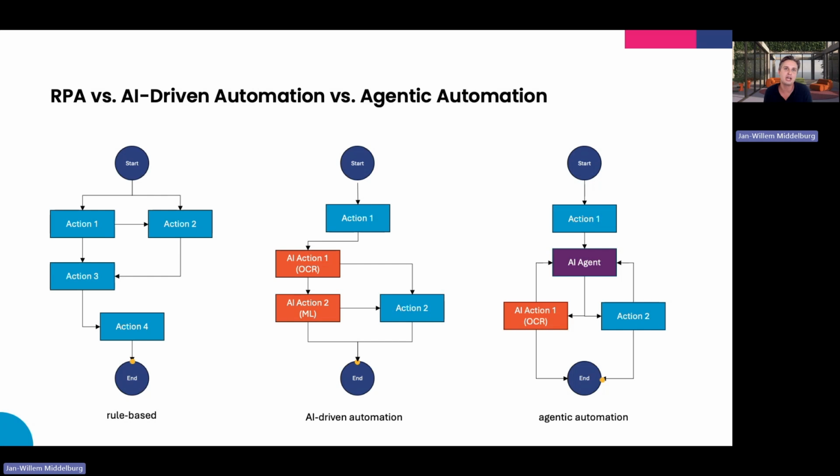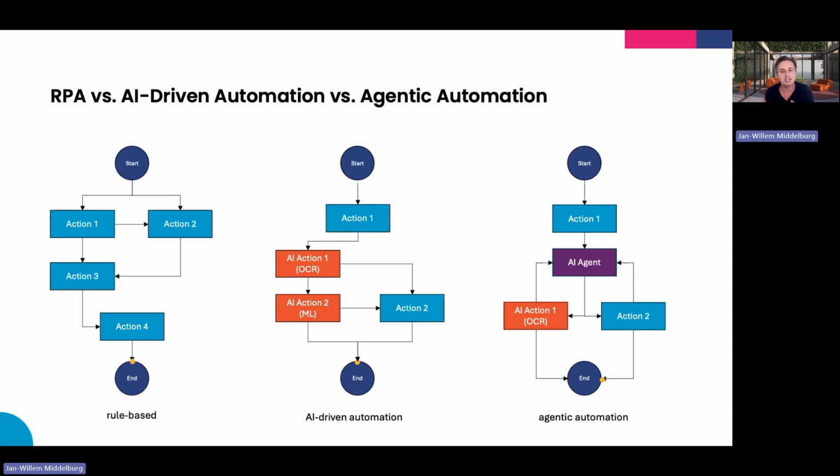Now, one of the first steps that organizations take when they move towards the agentic era is that they start to enable AI components into their workflow. And that's what you can see in the second graph in the middle. This is where workflows start to contain AI steps or AI actions. One of the most common examples is the use of OCR scanners or machine learning technology, where based on a